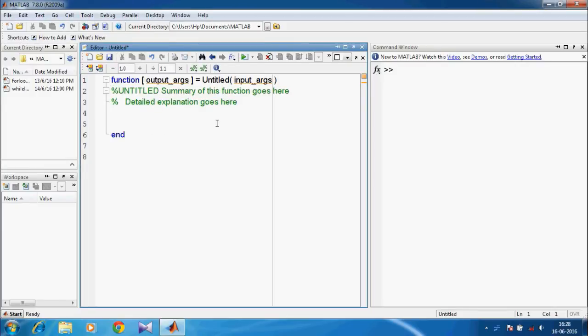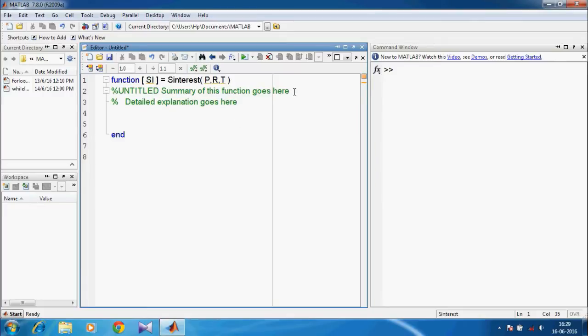The first line must be the function definition line, and the first word must be the keyword function. Then the output argument, say SI, equals function name, say sinterest, then within brackets the input arguments, say p, r, t.